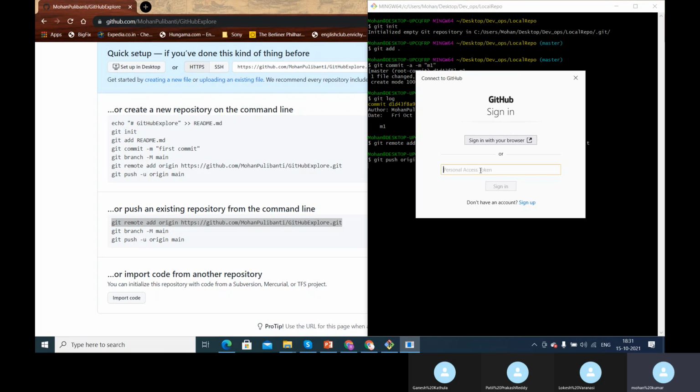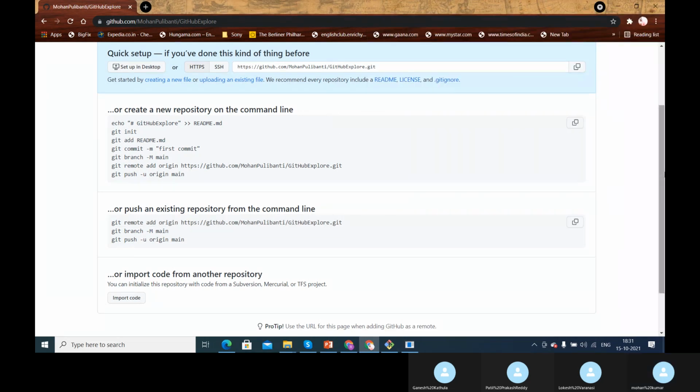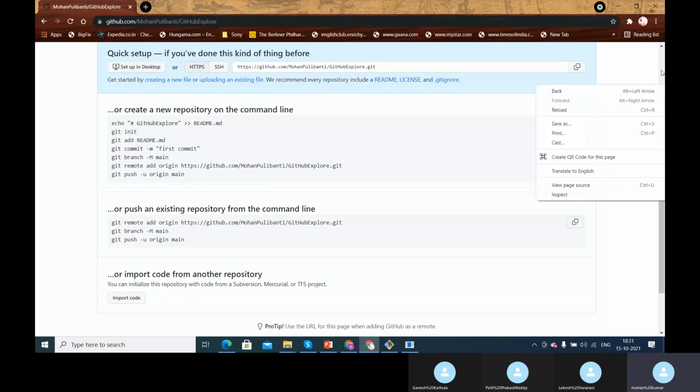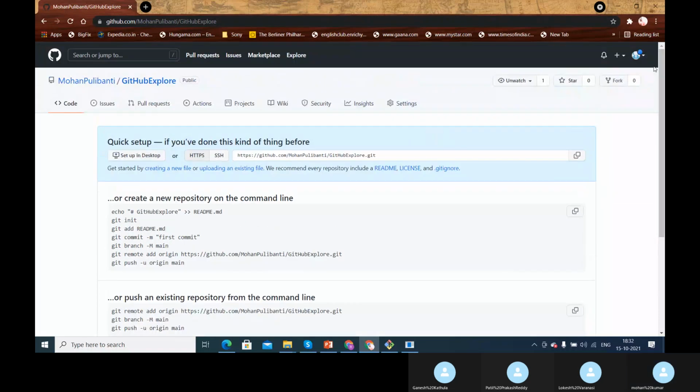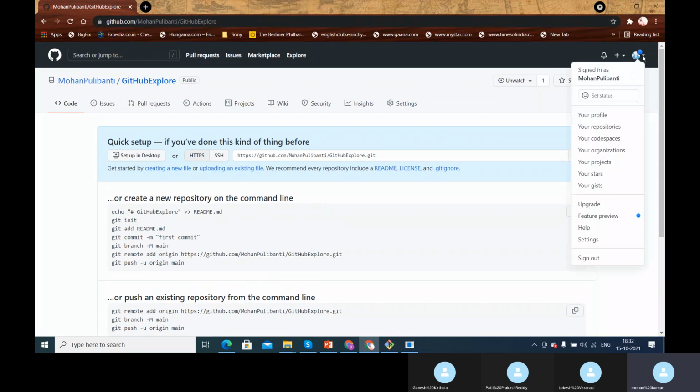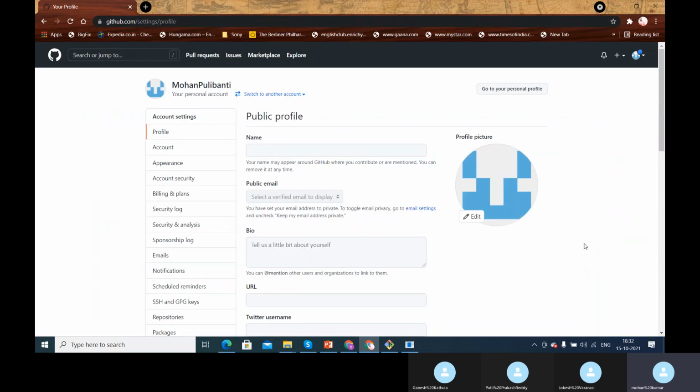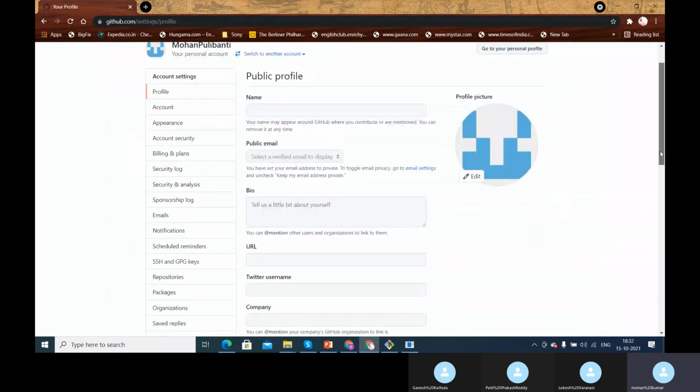Okay. So to get this key, we have to go this way. Go to the GitHub repository and expand this. Once you expand this, go to settings. Once you go to settings, I'm scrolling down.